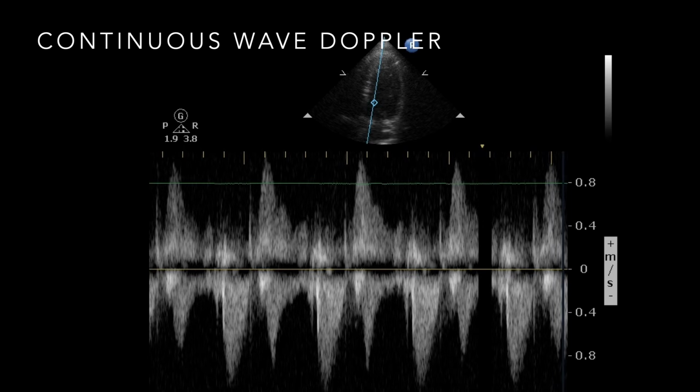So you're going to have to use your clinical understanding of what's going on with the patient, where the stenotic or regurgitant jet is, and say, okay, the peak velocity is probably going to happen in this area, so that's probably what's represented here. But again, I can't mathematically show you the precise location of where this is going on. So that's essentially continuous wave Doppler. There's the Doppler line. That little diamond does not represent the pulse wave gate, like we talked about